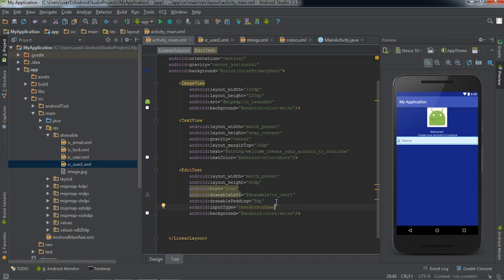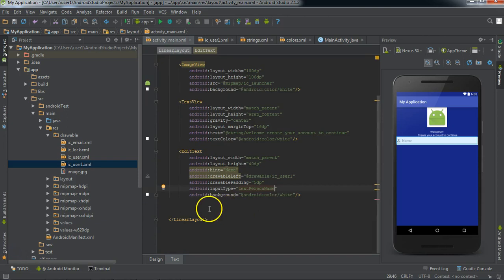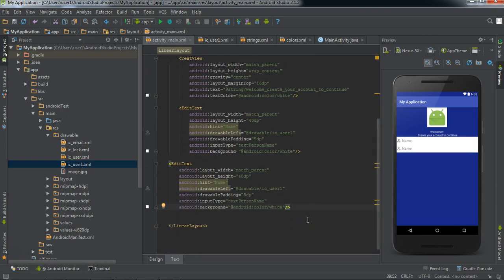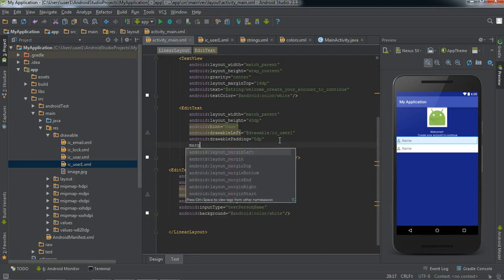So we can keep it as input text, and we just copy this edit text and paste it. So we have 2 views now,